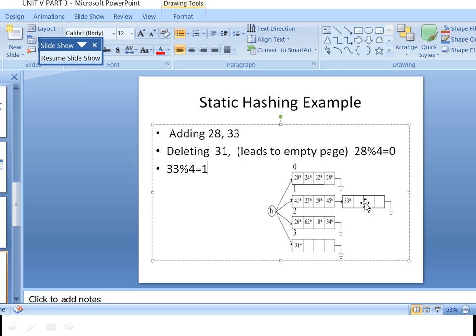Overflow page, that is an additional page with the same bucket value that is stacked on it. It will be queued. Okay, and then you will insert your 33 in there.